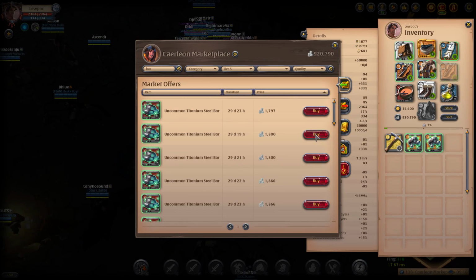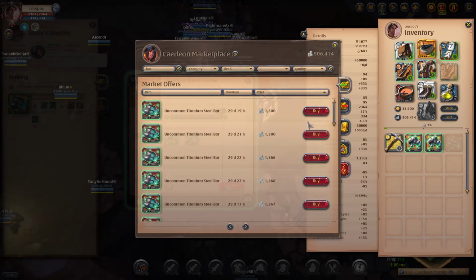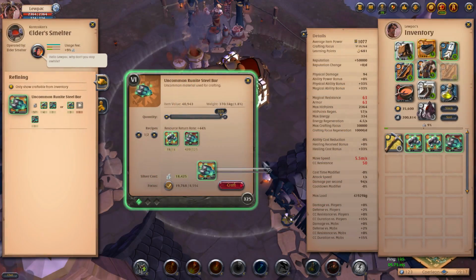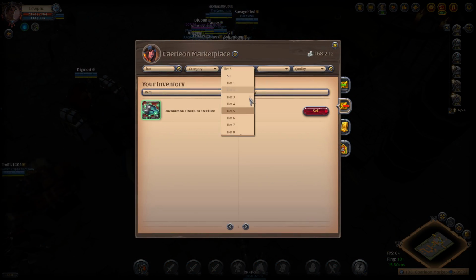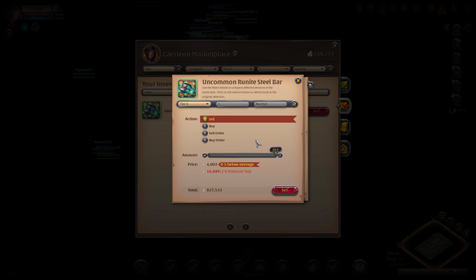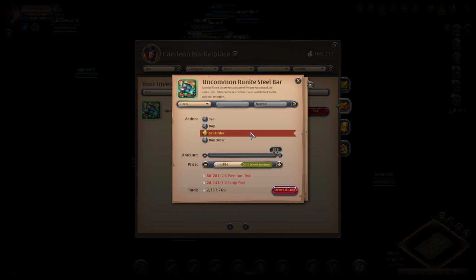Obviously, as we said before, we want to refine with focus, so just make sure the focus button is toggled on and off you go with the refining. Then, as soon as you're done, you can head back to town, list it at a reasonable price, and you can see here that already off the back of not spending too much, I believe I spent about 1.4 million